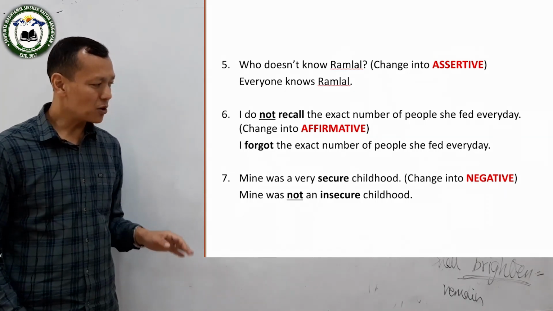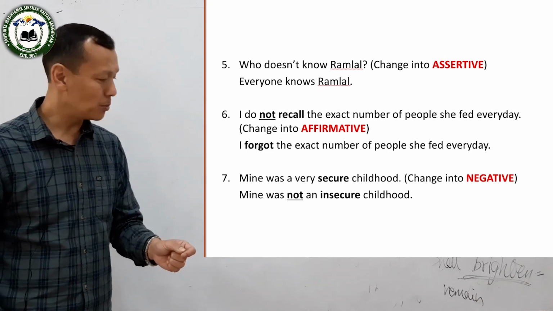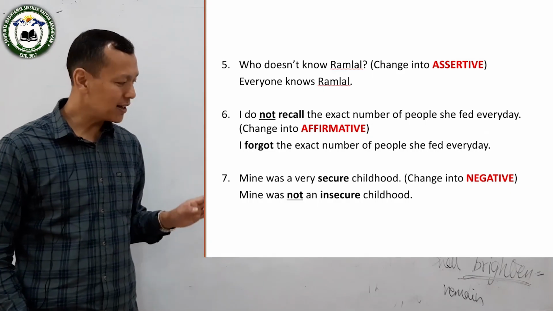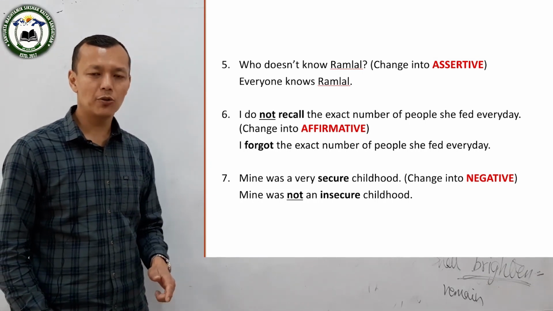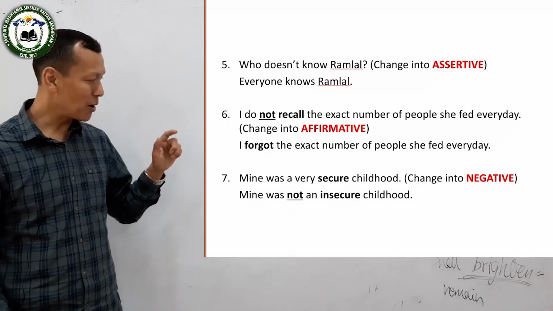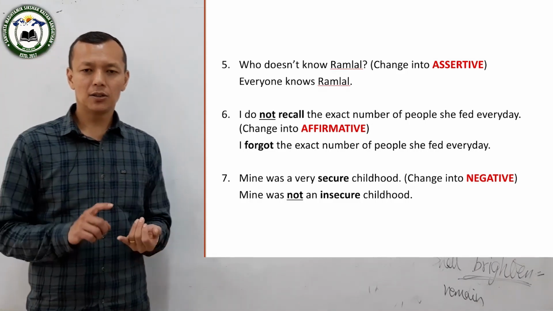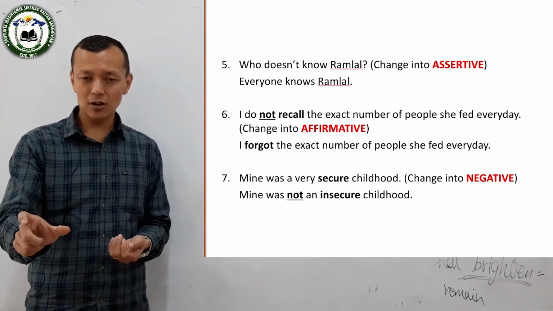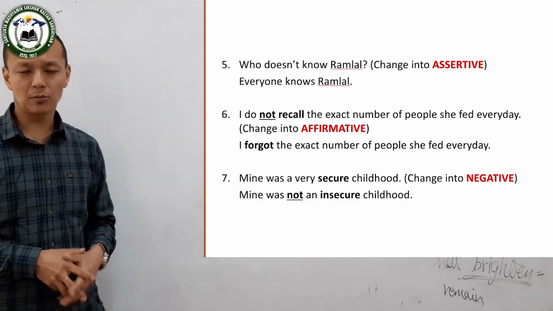The last example: Mine was a very secure childhood. They have told you to change it into a negative sentence. To make it negative you have to put in not. Here we have written: Mine was not an insecure childhood. We have used a negative word not, but we have also written an opposite word, insecure in place of secure. In number 6 too, we wrote forgot in place of recall, an opposite word. So the basic technique for changing between assertive and negative is that you have to use or not use a negative word, and then you also have to find an opposite word. This is all we can discuss about this particular